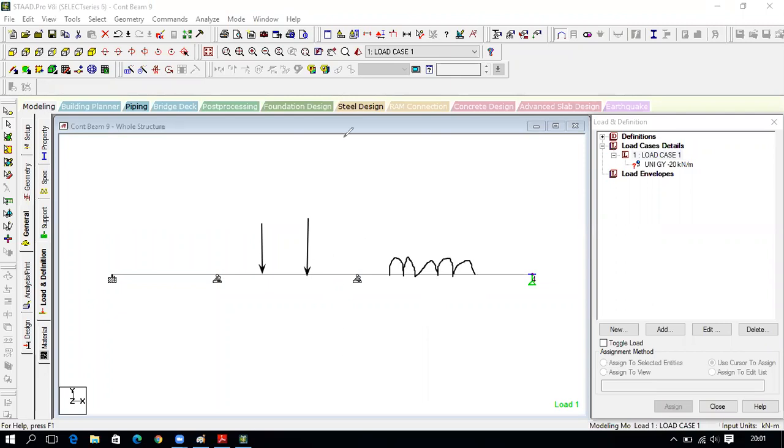Okay, and for this one, I consider for the whole beam that is minus 20. This one.